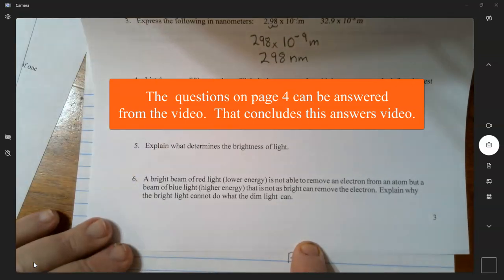6. A bright beam of red light, lower energy, is not able to remove an electron from an atom, but a beam of blue light, higher energy, that is not as bright, can remove